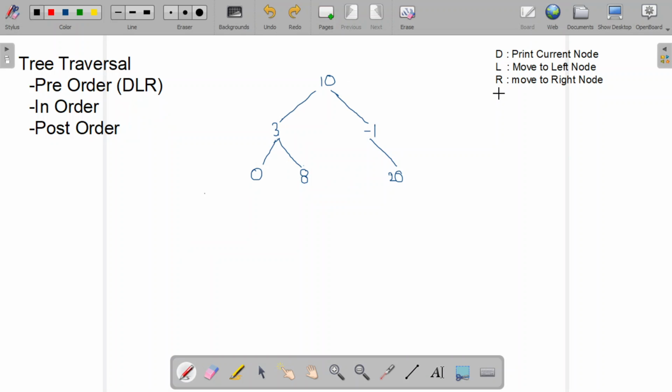like I just said, here we have a function called tree which will give us a tree root, and here, if I am using a pre-order traversal, I need to print first. After that I need to move left and move right. So here first I am printing the current node,